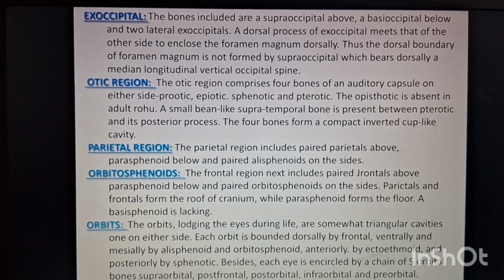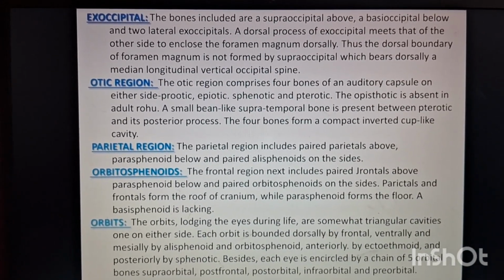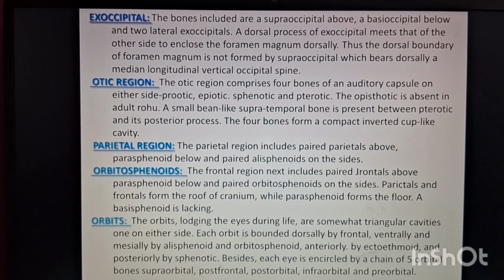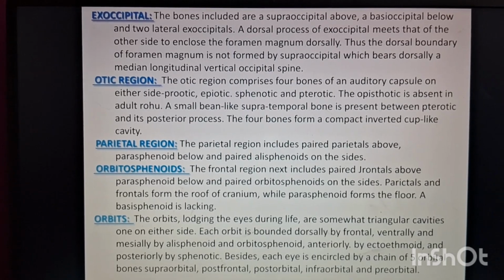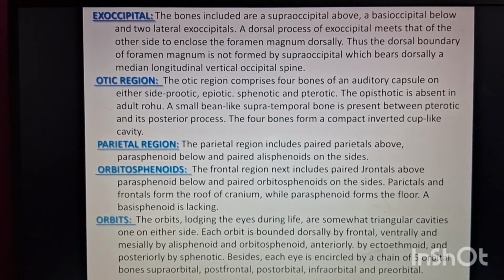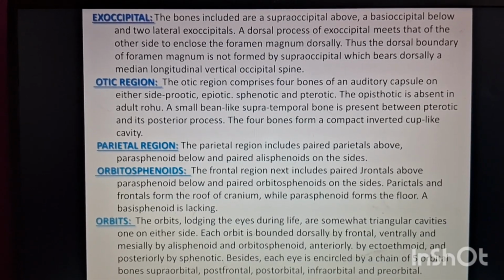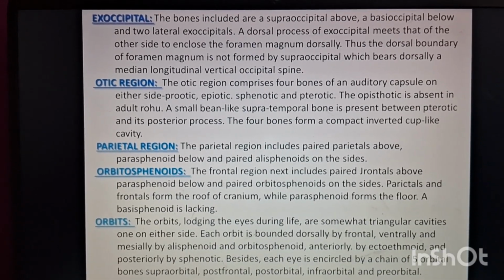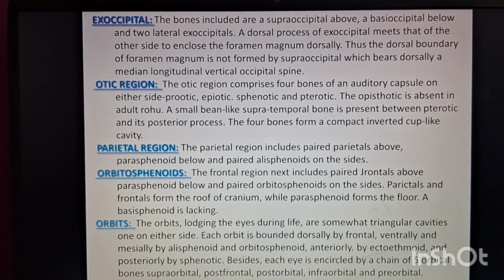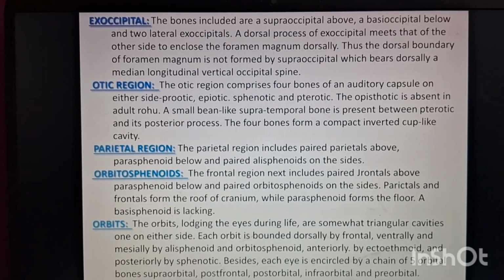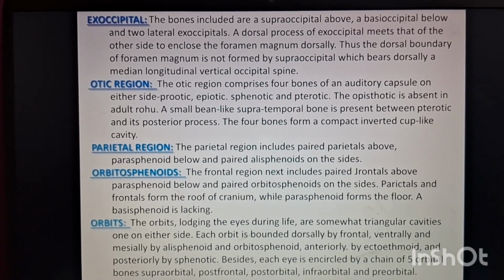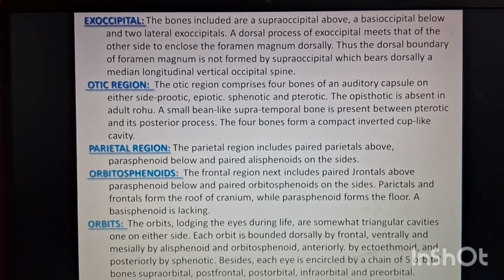Next, orbits. The orbits, lodging the eye during life, are somewhat triangular cavities, one on either side. Each orbit is bounded dorsally by the frontal, ventrally and mesially by the alisphenoid and orbitosphenoid, anteriorly by the ectethmoid and posteriorly by the sphenotic. Besides, each eye is encircled by a chain of 5 orbital bones, that is supraorbital, postfrontal, postorbital, infraorbital and